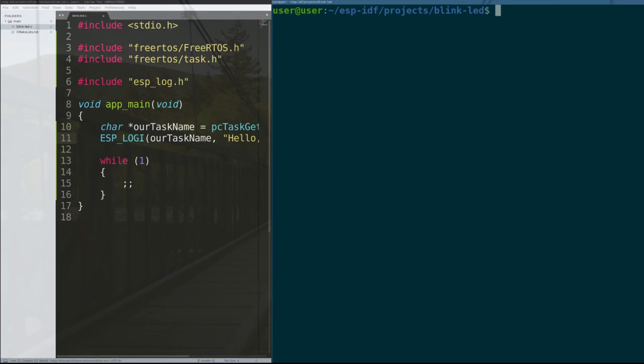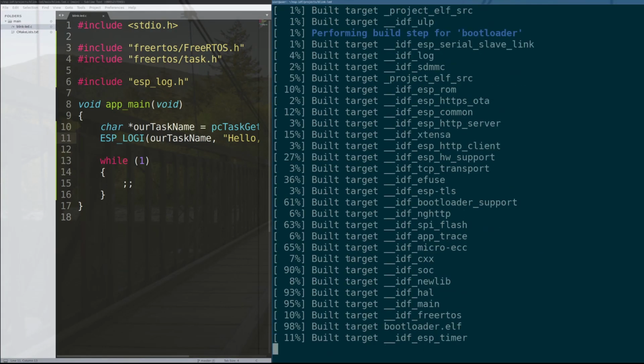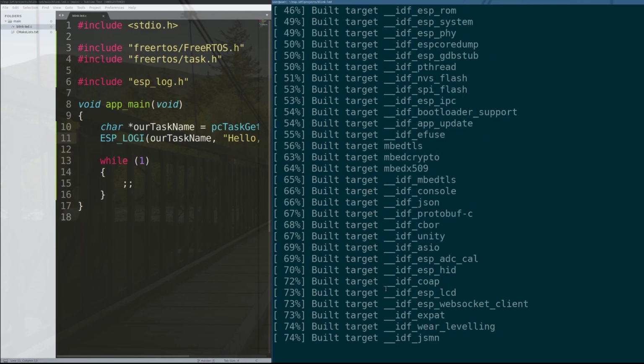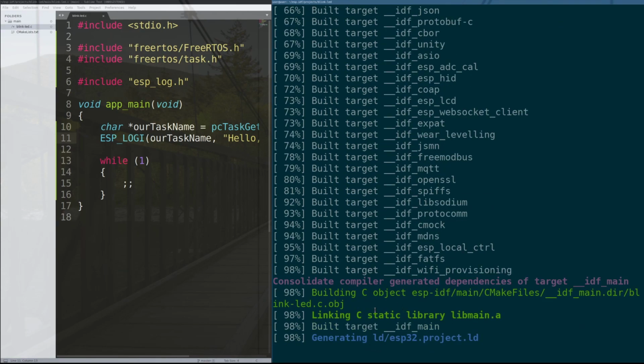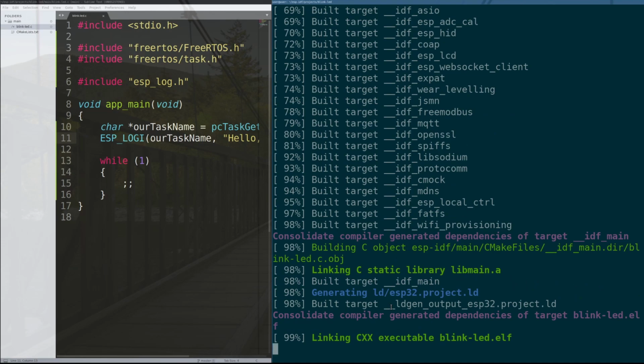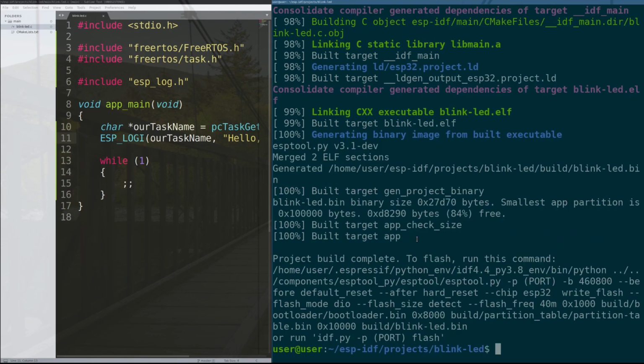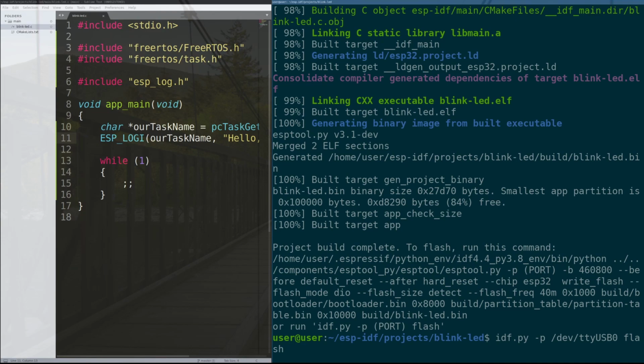Cool, so then we can build this again. Notice that nothing is rebuilding, it's only our program that's rebuilding. And we get no errors, which is great. So now we have to flash this thing to the board. The way that you flash a program to the board with ESP32 is you do idf.py -p the port. So for me, it's /dev/ttyUSB0, and then flash. What it'll actually do is it'll reach into your configuration settings. It knows what binary to flash, and it'll go to flash the